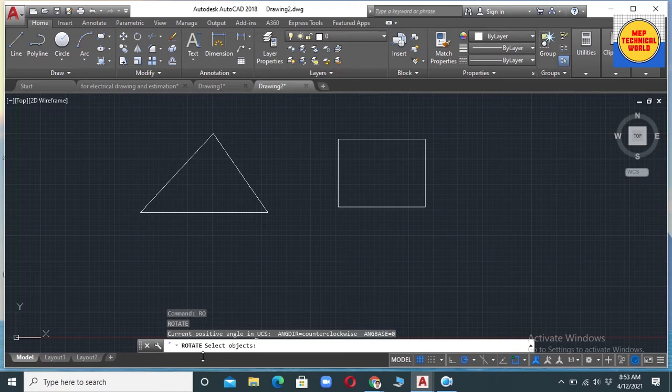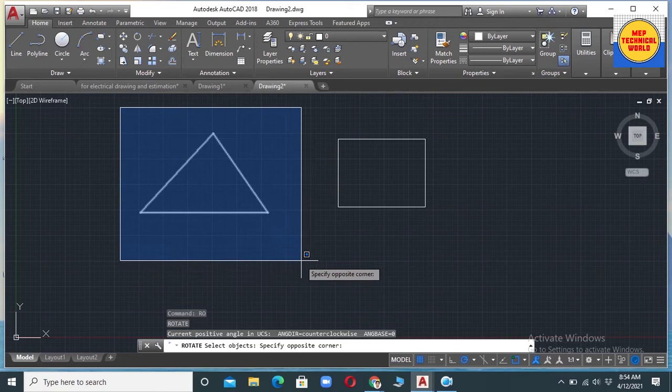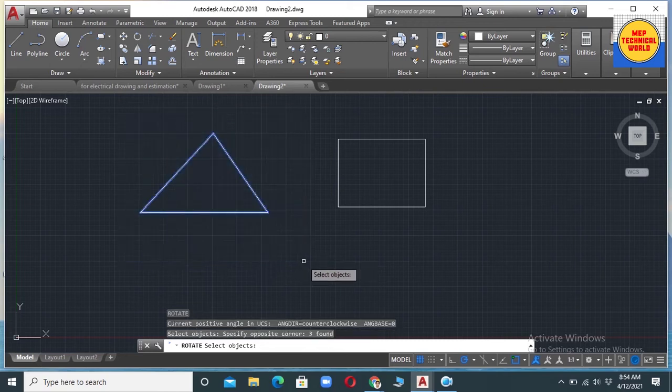Now you will see the statement like select the object. So the object which we are going to rotate, we have to select it. The triangle is our object which we are going to rotate, so let's select this triangle. Okay, now hit the space button.